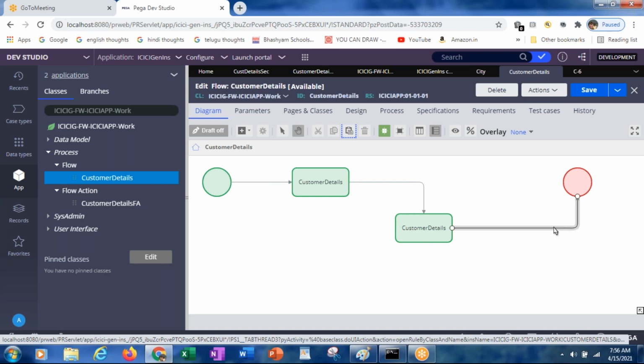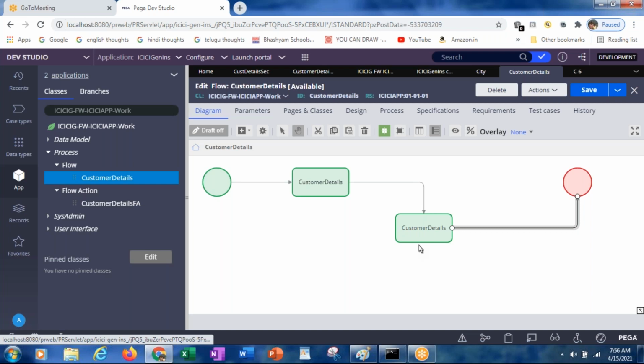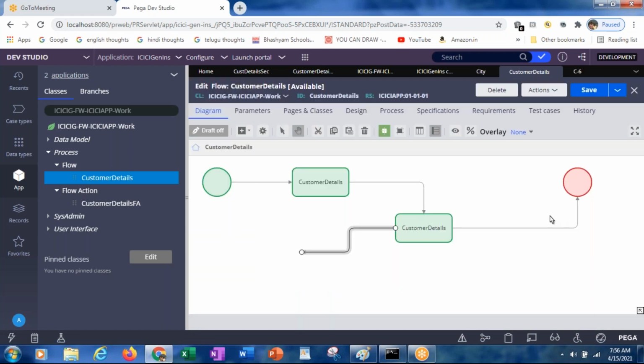Like this. So when you copy and paste, the same thing which you applied will be there. But when you drag and drop any connector manually, it will be a fresh one, it will not have anything. See, this flashing is nothing. But this one, I copied by selecting this one. So that is the reason why whatever you applied for this connector is coming here.